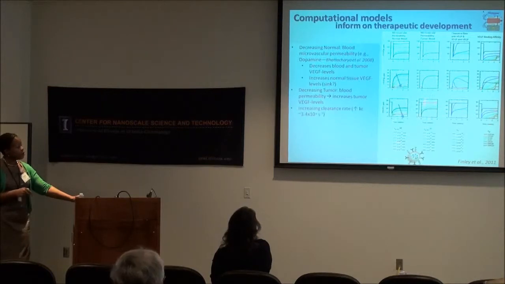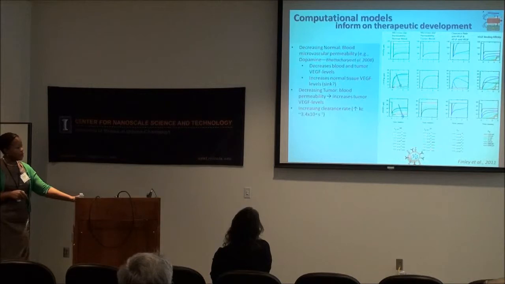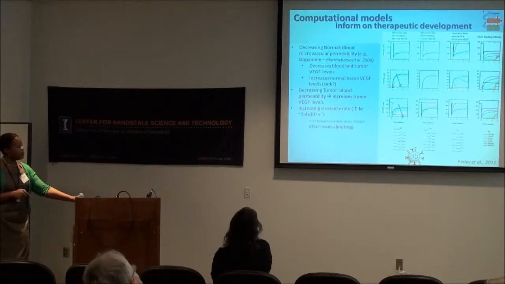So combining this type of permeability analysis, I think, would allow for novel therapeutics to be developed, and this is where we're looking at now and collaborating with researchers who create some of these nanoparticles. If we can create a targeted particle that can increase microvascular permeability in the tumor while decreasing microvascular permeability in the normal tissue, I think that's really where we can see improved therapeutic treatment of Avastin or bevacizumab, or